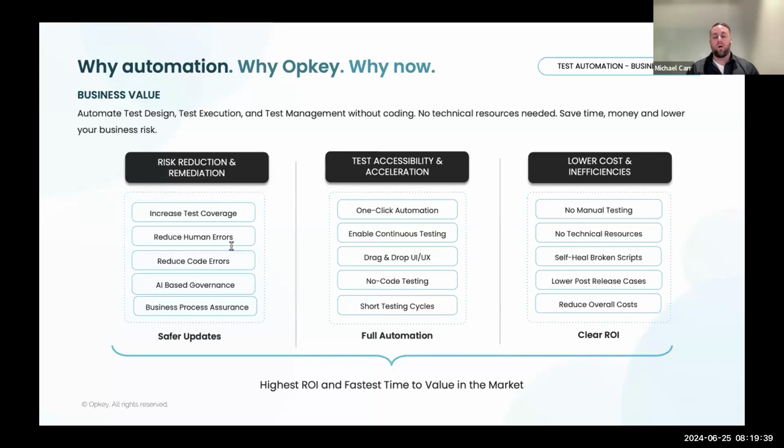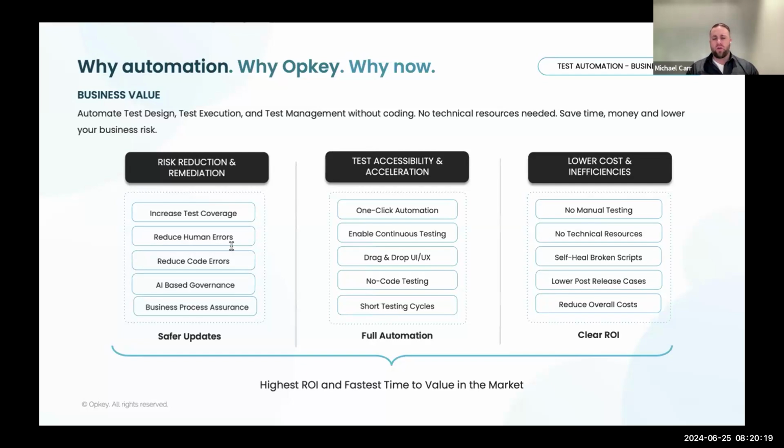When we talk about acceleration and accessibility, testing can be done with no code through what we call our business user friendly UI. It's a platform that was designed for not only your technical users, but also business users. We understand that they have a piece of the pie, or they're part of the equation when it comes to testing. So both types of users can utilize the platform. It is a no code platform, and we do have a drag and drop UI. Having those features available makes it much easier for those folks with less of a technical background.